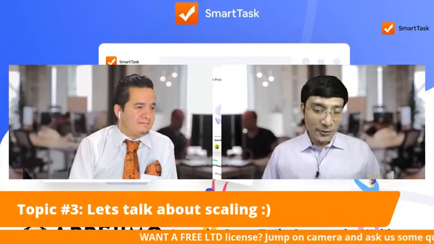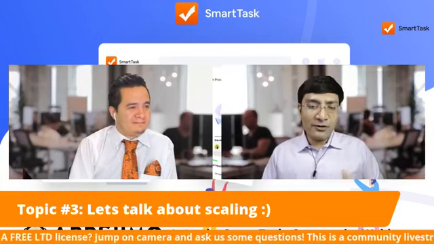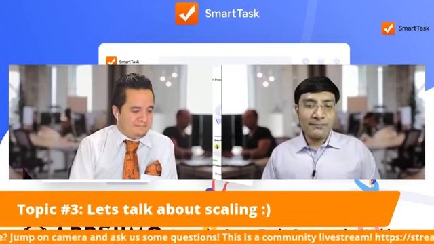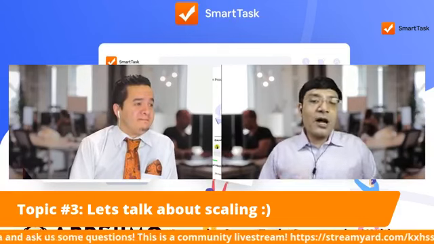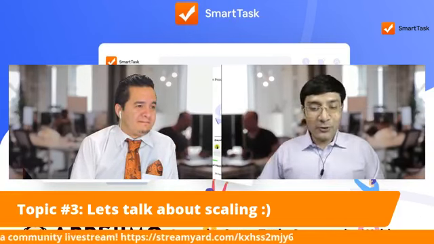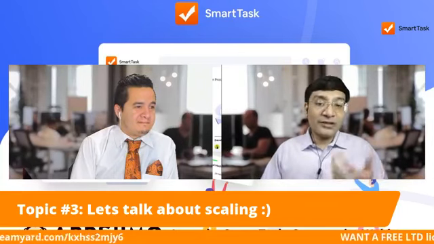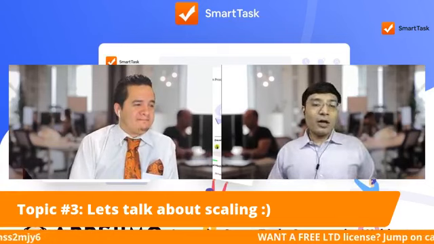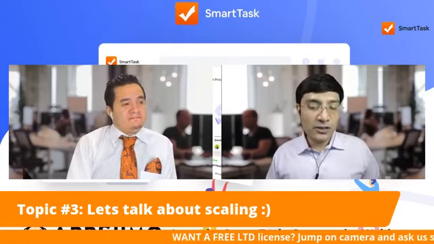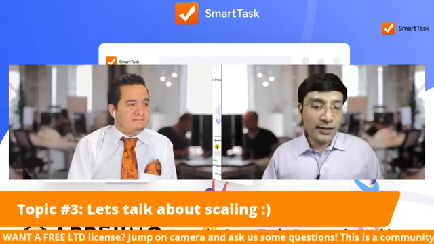And what we typically saw last time, yesterday it went off for like 5 to 10 minutes. What we saw there was, let's say, there are a lot of people logging in at the same time, and then there are people generating reports at the same time. So what happens is the server creates some kind of a load on the authentication server. So we have a lot of servers going on in the background. So it's not just one server. We have like 8 servers which support SmartTask.